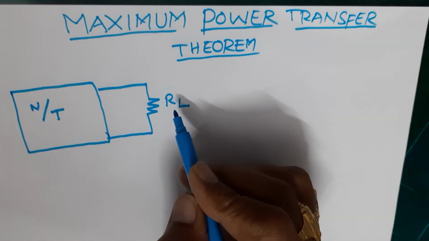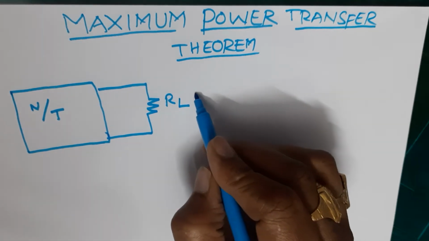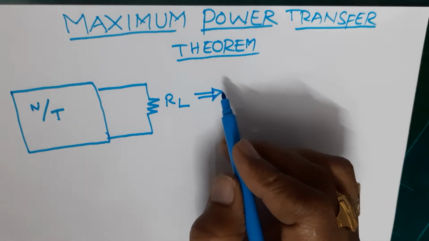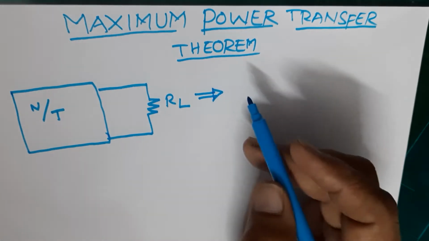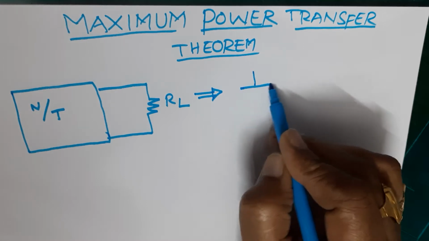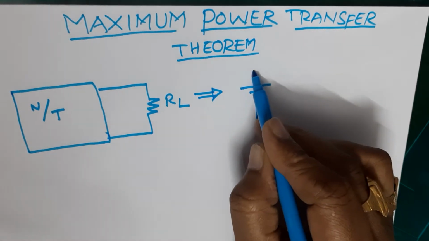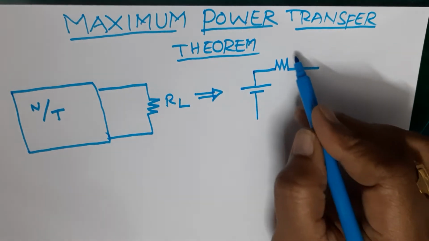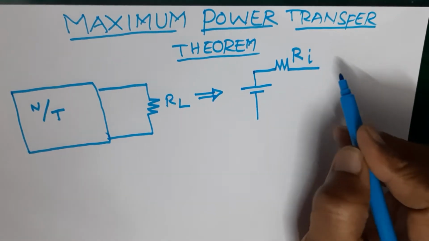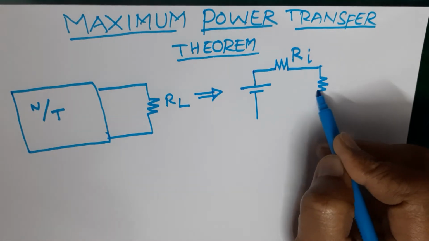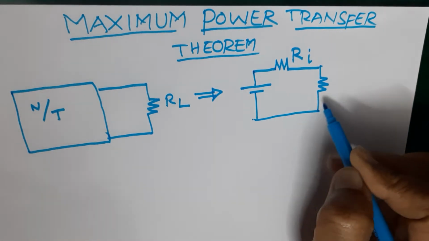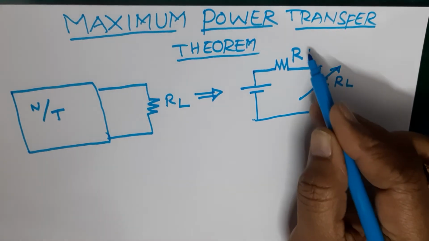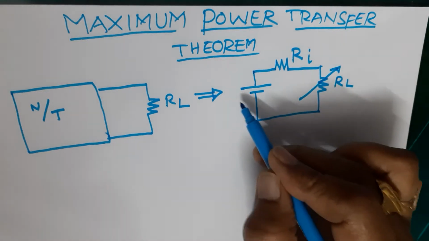That is, the internal resistance can be obtained just like in Thevenin's theorem and Norton's theorem by viewing from the output terminals into the network. While viewing, there should not be any sources; that is nothing but our internal resistance. So in order to get the maximum power across the load resistance, this load resistance must be equal to the internal resistance of the network.